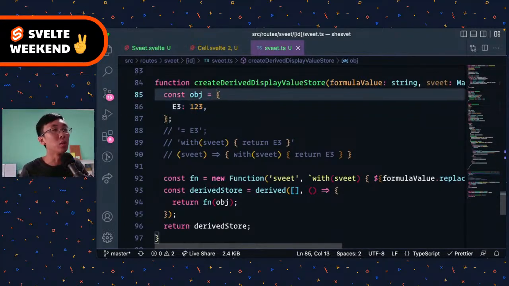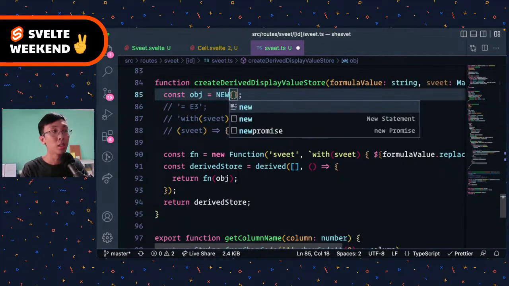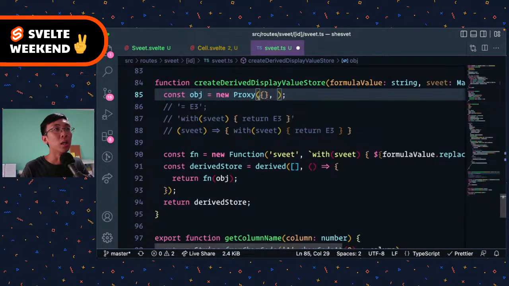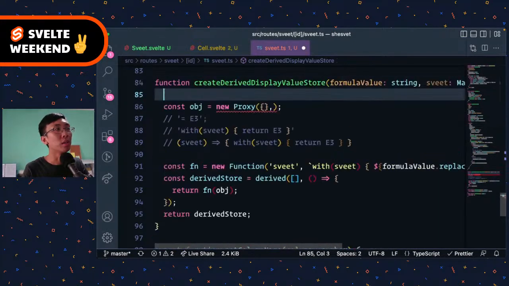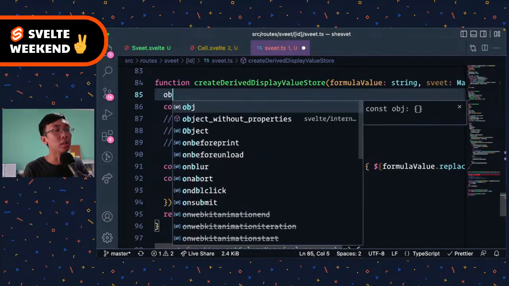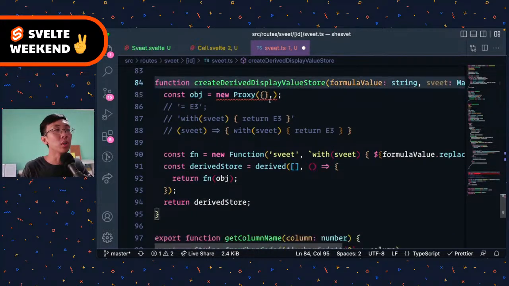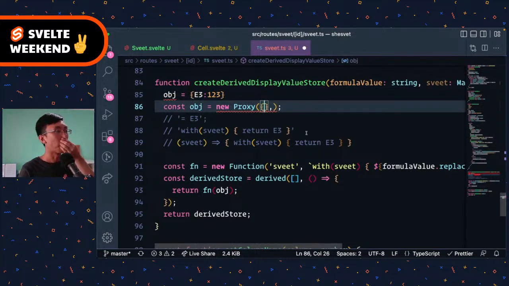So here, what we can do is, instead of a normal object, we can actually make it a proxy. A proxy will try to read. Right now the object itself is only E3, 1, 2, 3. And if you try to read other properties from here, you probably get undefined. So if we try to read more values from here, maybe we can have